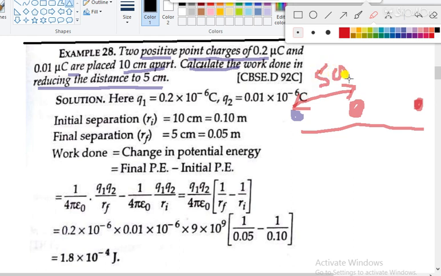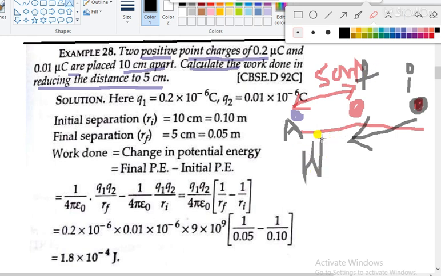So you can simply take the formula. You are moving this charge, so you can move any charge. Either you move this one or you move this one. So let's suppose we are moving this charge. If I am moving this charge, then I will take potential at this point. Let's suppose this is the charge A. So potential at this point due to A is the initial potential. Potential at this point is the final potential. So we will use the concept: work done is equal to work done by charge. Which charge is moving? We are taking that 0.01 is moving.